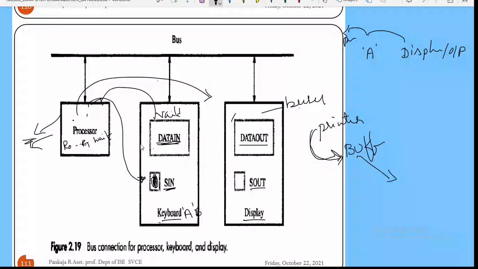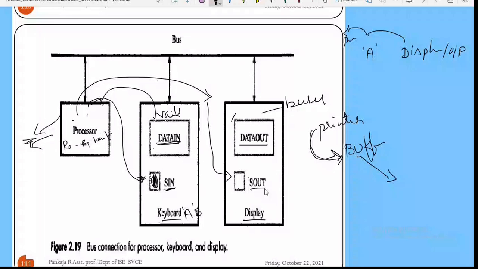If the processor wants to display that data as output, it will check the status of S out, the signal of the output device. S stands for the status of the output device: is it ready or not. If it is not ready to display on the screen, this flag is set to 0. Maybe it is performing some other task or displaying some other information.